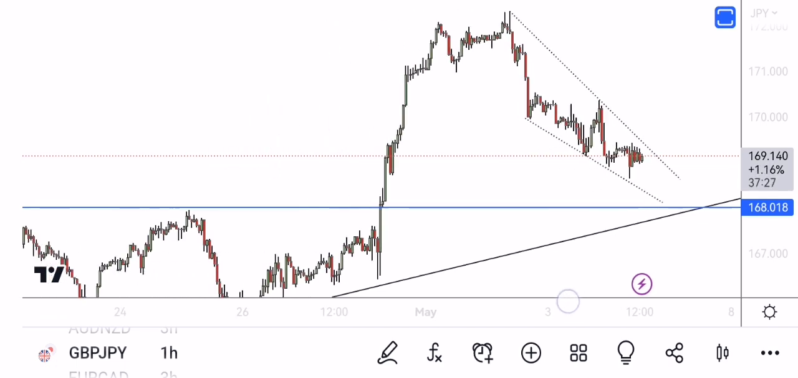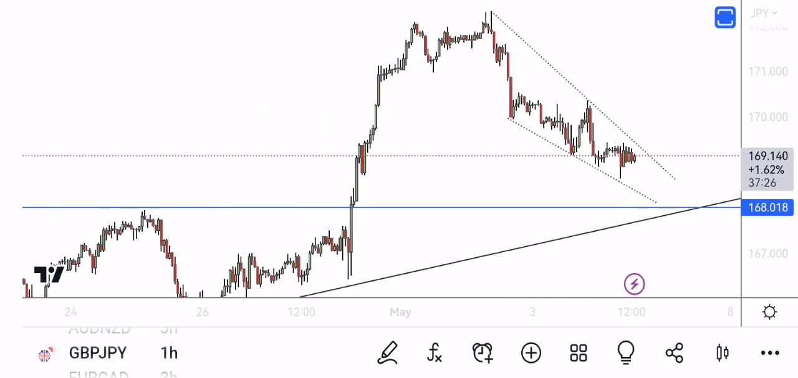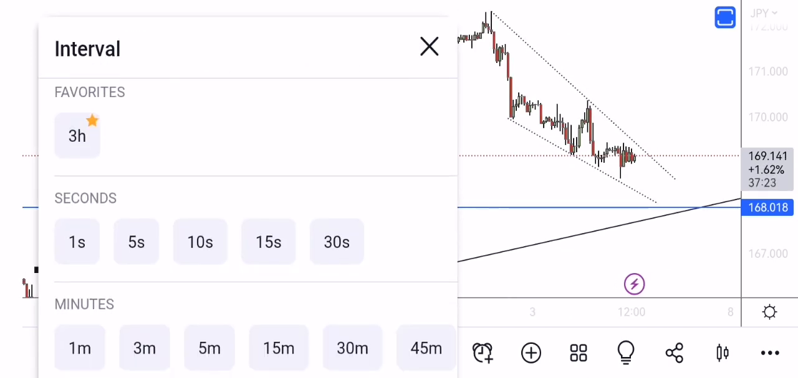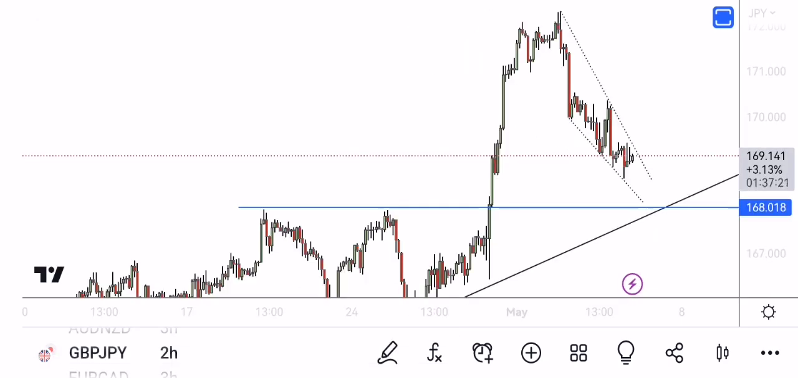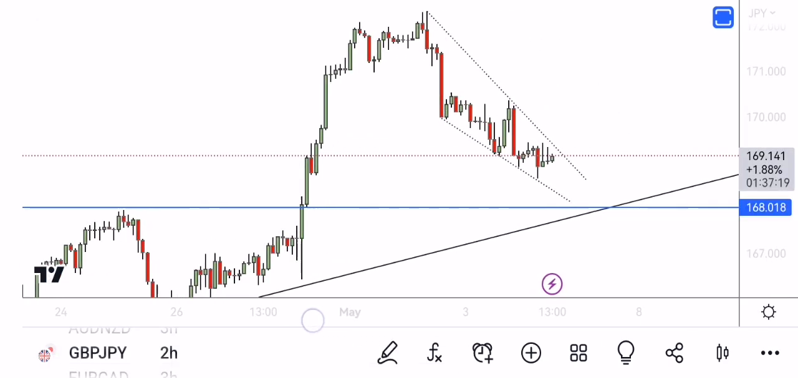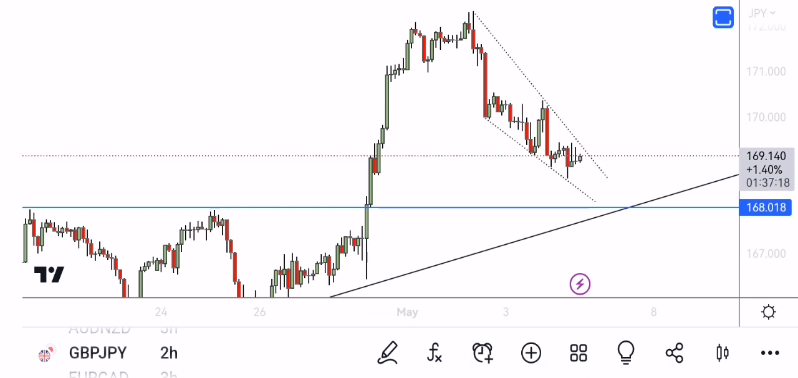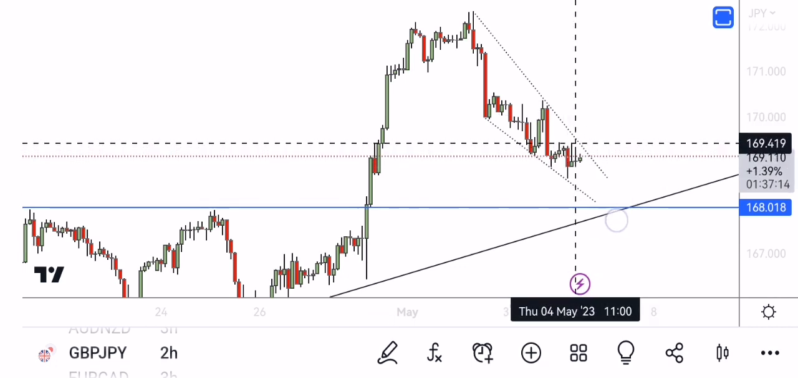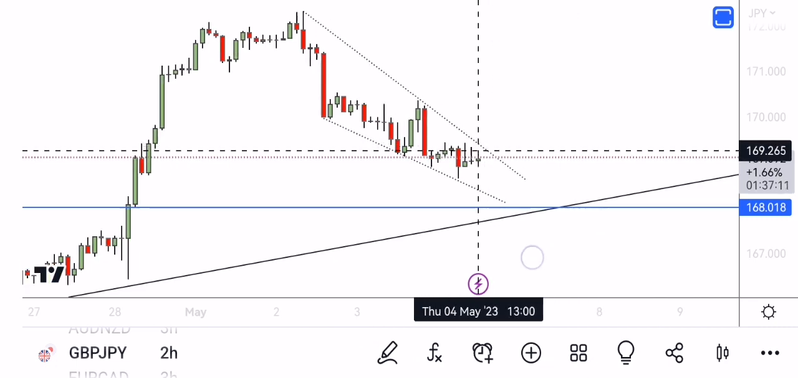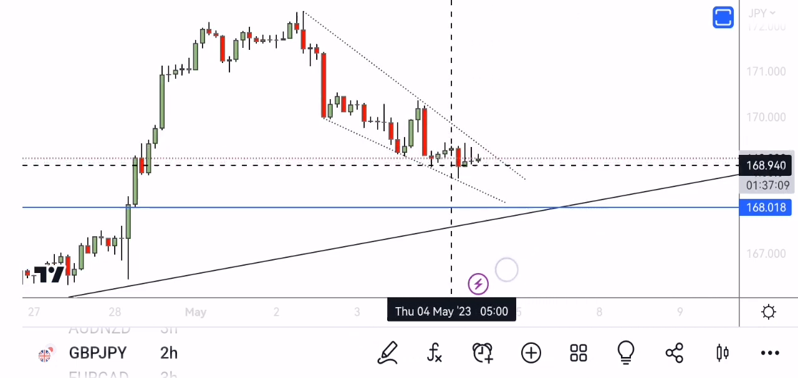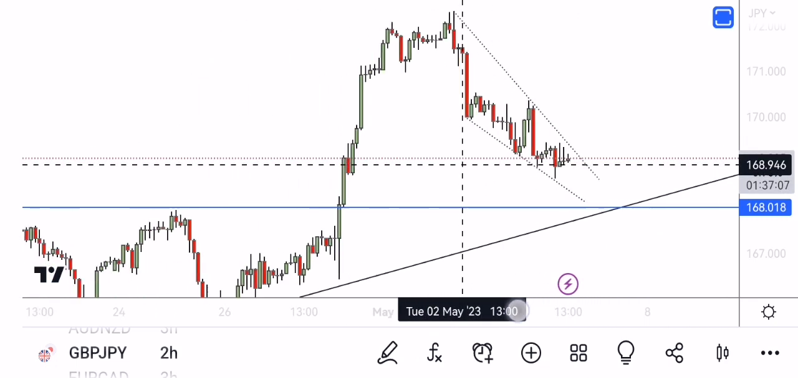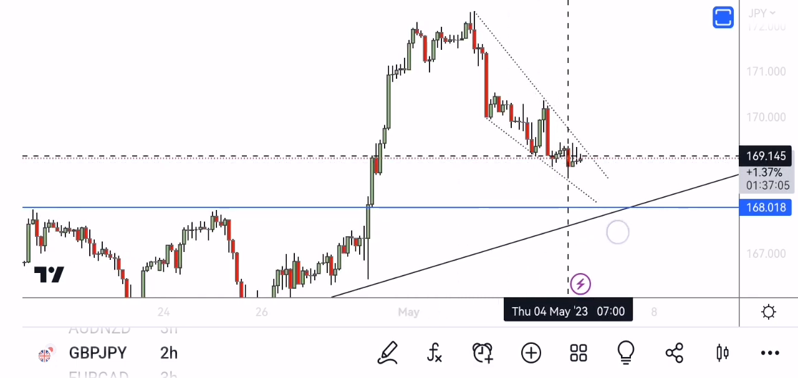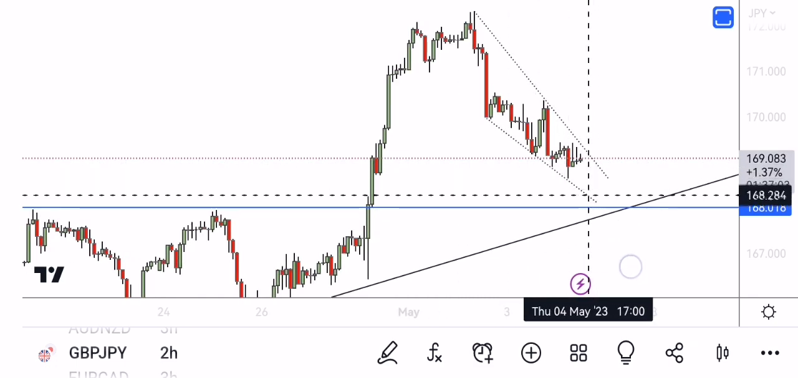So what is most likely to happen here? Let's go to a 2-hour time frame. What is most likely to happen here? What we can see is that price, because we have a lot of rejection candles here, you can see these long wicks to the upside, so what I'm anticipating is for price to at least drop down somewhere around here,